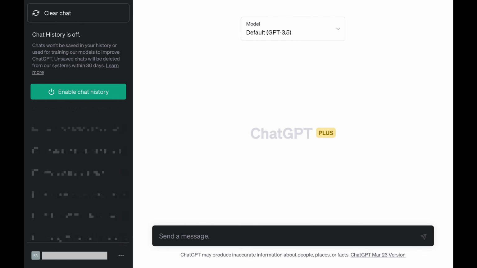You'll return to your ChatGPT home screen where you'll notice the appearance of the menu on the left has changed. Specifically, you'll see a note at the top of this menu letting you know that your ChatGPT history is turned off and that you aren't able to open any of your previous chats. Don't worry, all of your previous chat data is safe and will be accessible again after you re-enable chat history. You can turn your chat history back on at any time by clicking the Enable Chat History button in the menu on the left side of the screen.